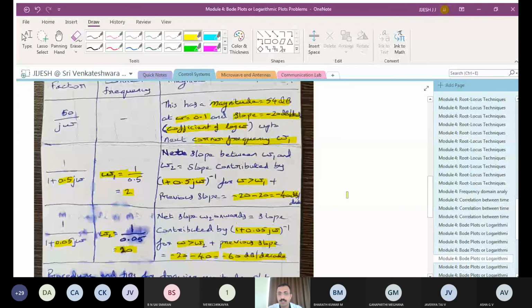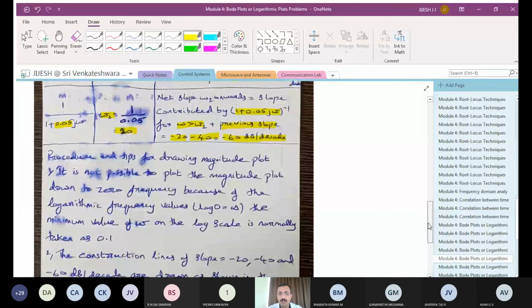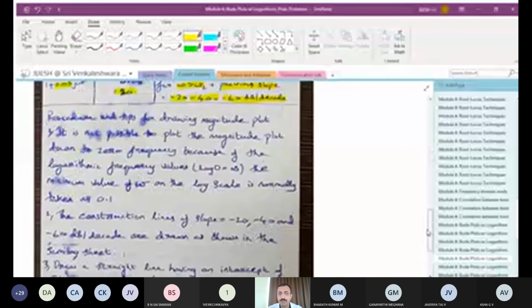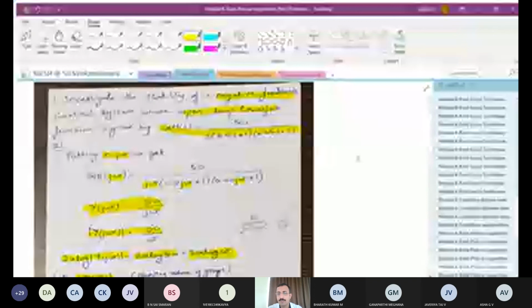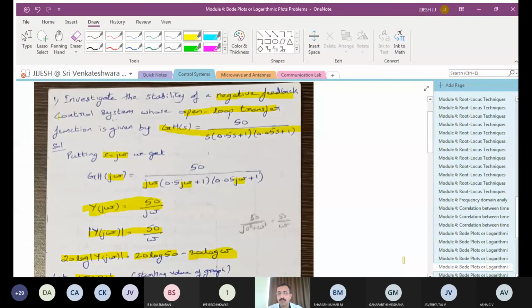We will get back to this table again. I want all of you to go through this problem before I come back tomorrow with this table again. Go through this problem and plot this one for the magnitude plot. I have already made these things clear, you can just plot this in the magnitude plot. With this, we will wind up for today, and we will continue with the same problem in the upcoming class. Before that, make an attempt to solve it and find out whether you are comfortable with that. You have to solve this problem by the next class.